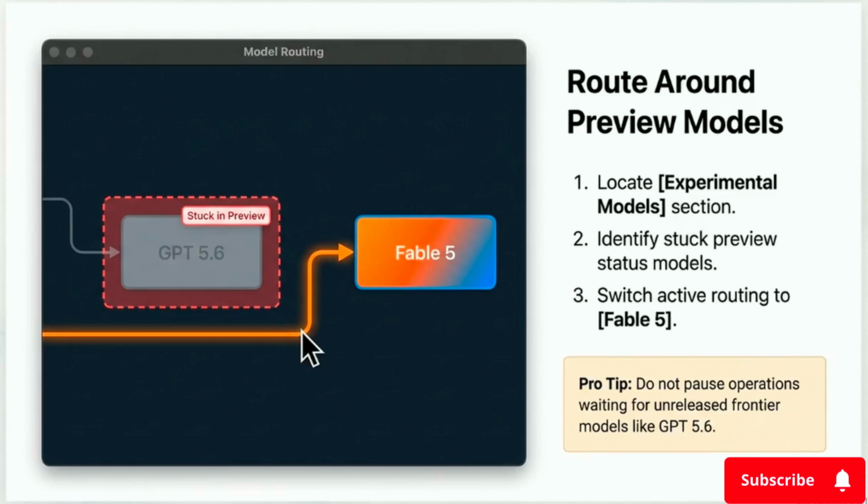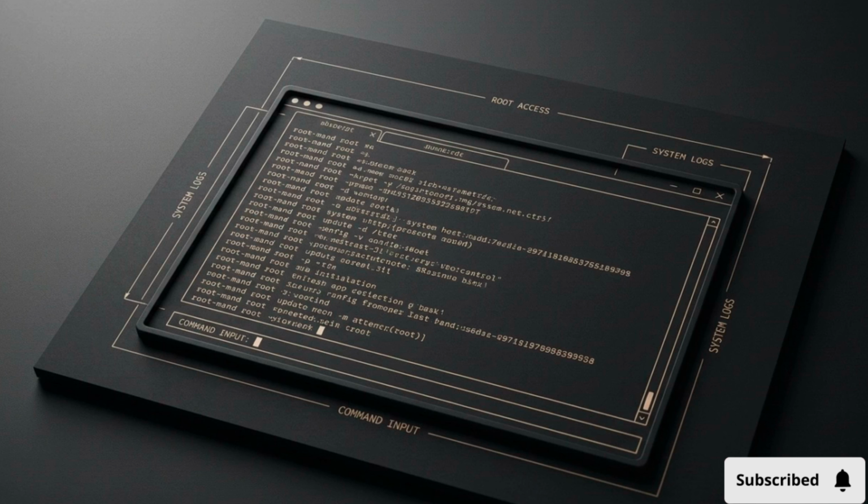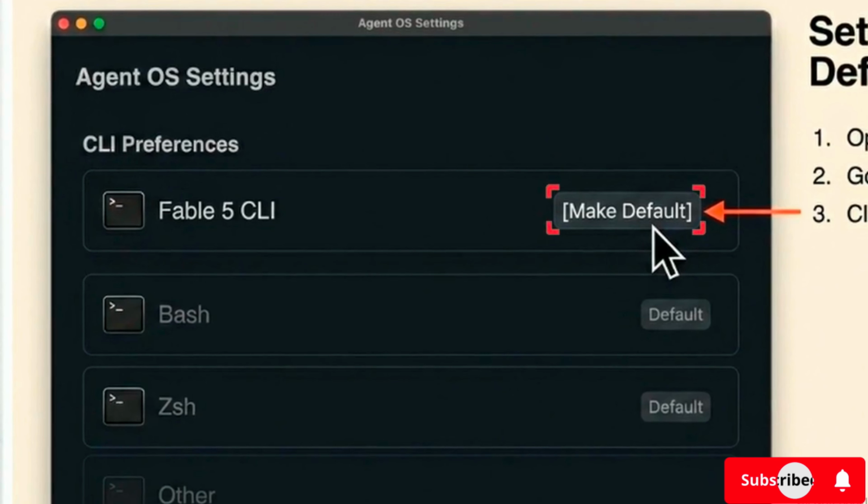Automated workflows freeze waiting on stuck preview models, like this red GPT 5.6 node. To fix this, manually reroute connections away from the stuck model to the stable Fable 5 pipeline. Background automation requires a stable, high-performance baseline model to run predictably. To set that baseline, open your Agent OS CLI preferences and click the button to make Fable 5 your default